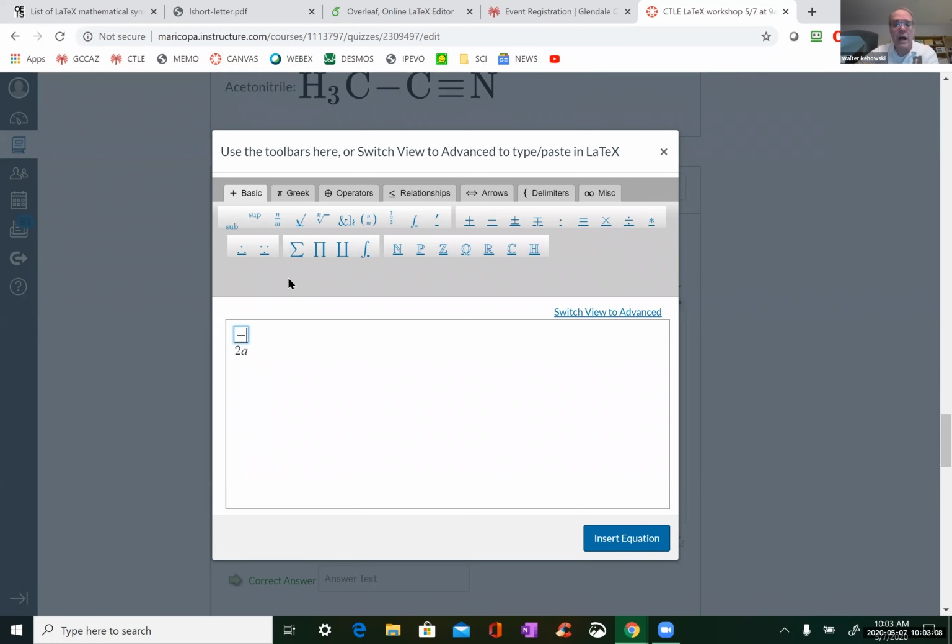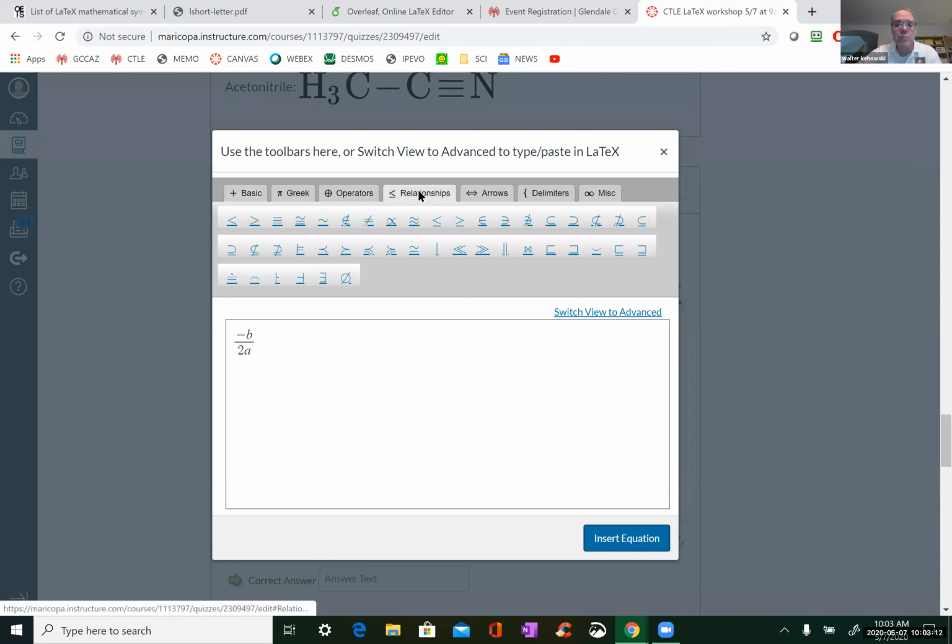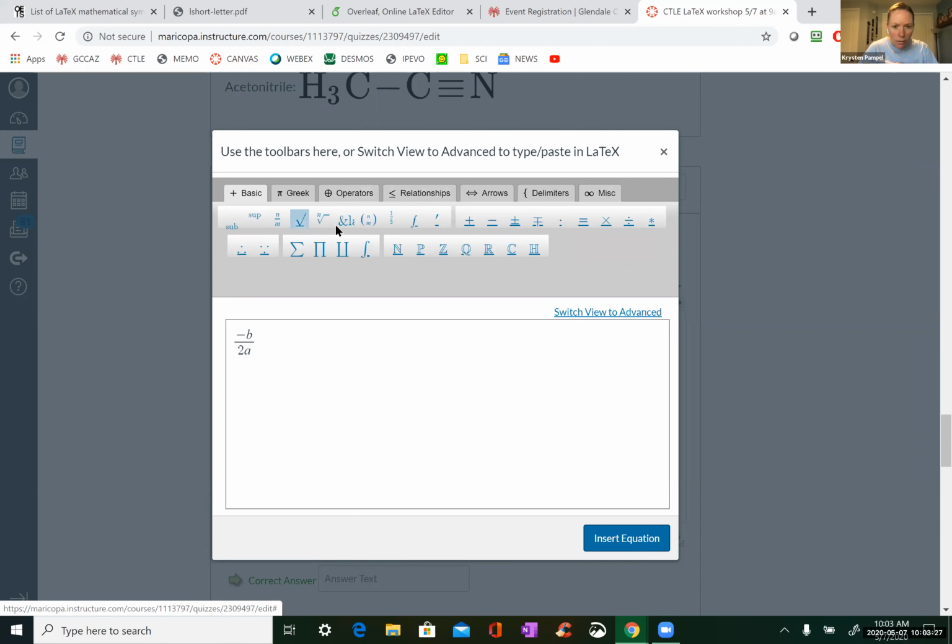And then I do minus b, and then relationships, let's see, operators, where does he see? Now you need to find it. I think it's in basic. There it is right there. Okay, no, that's just plus, so there you go. So let's go back and get rid of that.